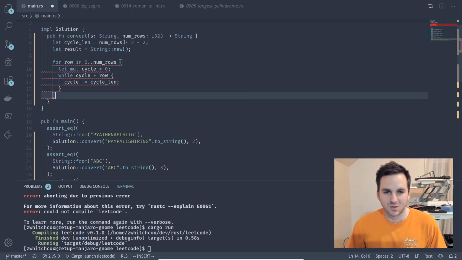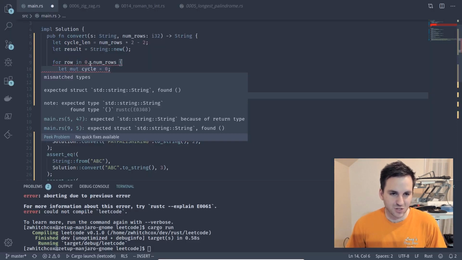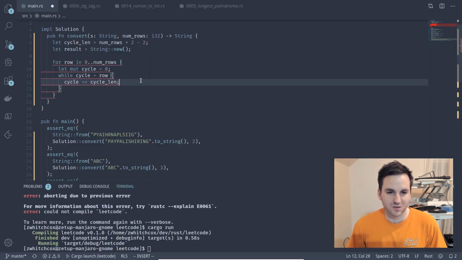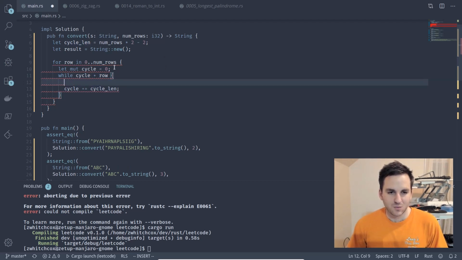So this would be, if the number of rows is 3, 3 times 2 is 6, 6 minus 2 is 4. So then we start out at 4. So you can see that we're getting to the beginning of each cycle every single time. So this would give us A, H, N first if we just did this cycle, if we just push that character. So let's go ahead and do that actually. Let's just push the character, and we'll just ignore every other row. So we'll go from 0 to 0. And so we'll push the character that we're on